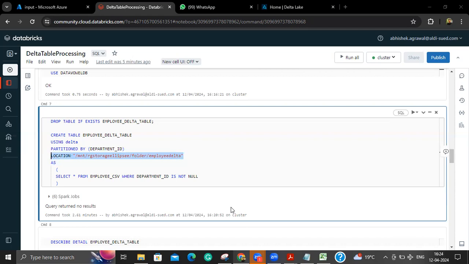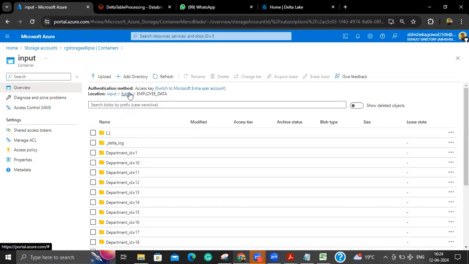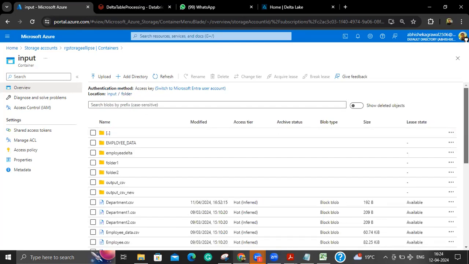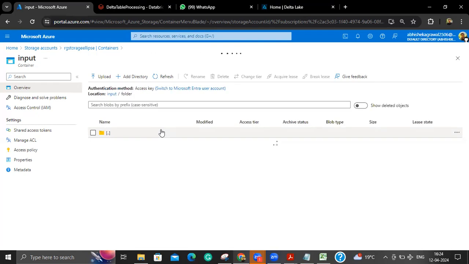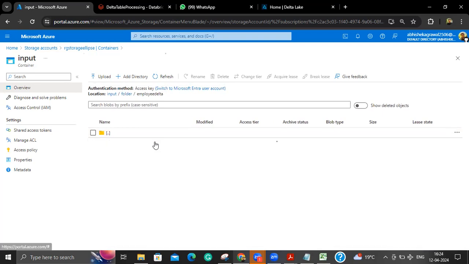Is it clear? Okay. Yeah. So now suppose if I go to this folder, if I open this employee data, this is the path which I have given right now, right? So these are the data log and these are the files. Now, if I open data log,